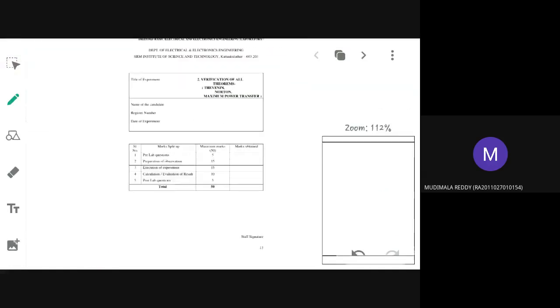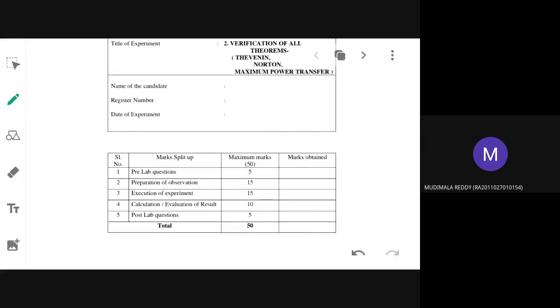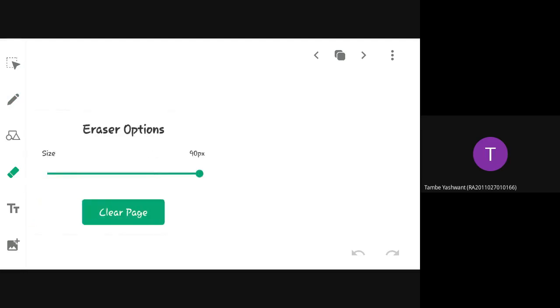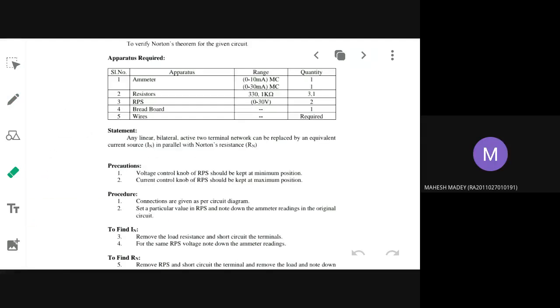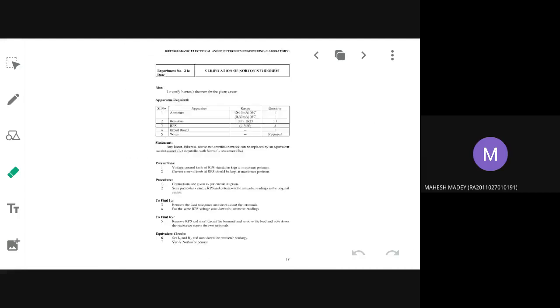For this, I will set up again deadline of 1 week. Before that, you have to finish this lab experiment also. Ma'am, till which date? Ma'am, the first one I didn't complete yet. Ma'am, till next class. Yes, before next class. First experiment due date is over, na? Due date is over, I think. But I was not able to submit that. You should submit. I'll do it by today, ma'am. Yes, do.